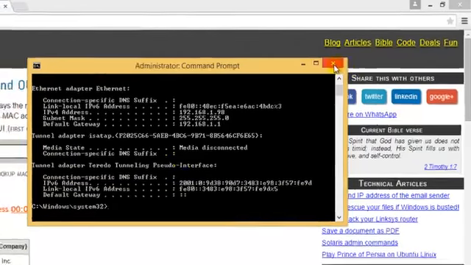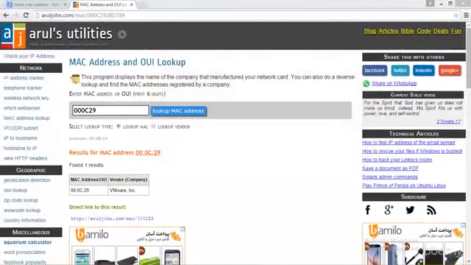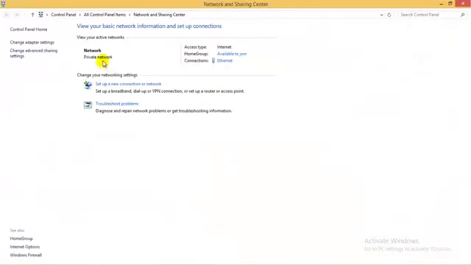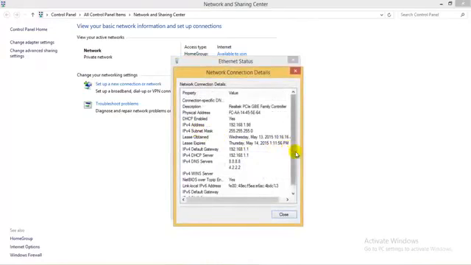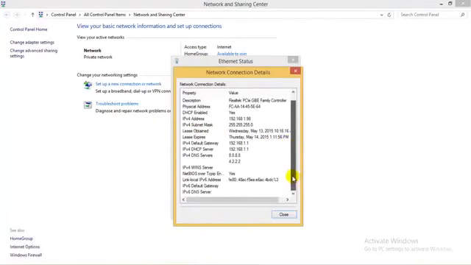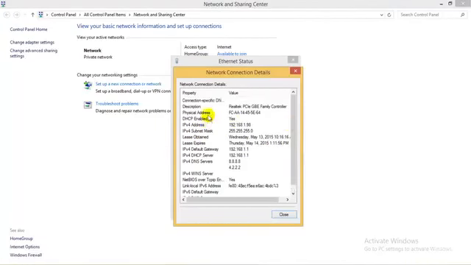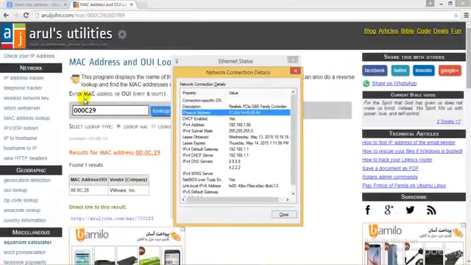So what I would do, I'll just cancel. I'll just go open over here and I'll check. I need to go ahead and check the MAC ID. So I believe we have the MAC ID over here. Okay, IPv6 address, perfect. We have the MAC ID. So I'll just type it over here,